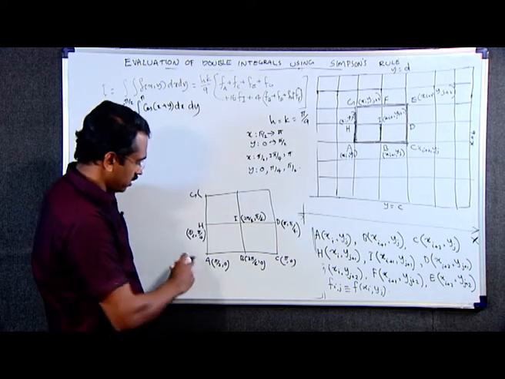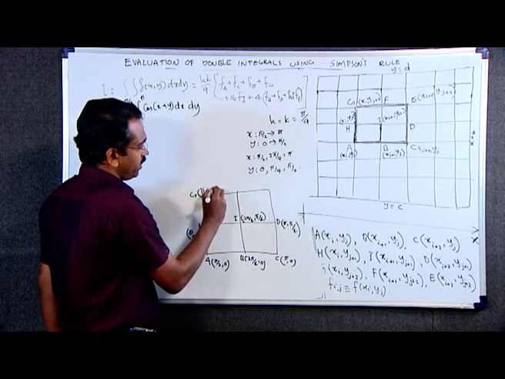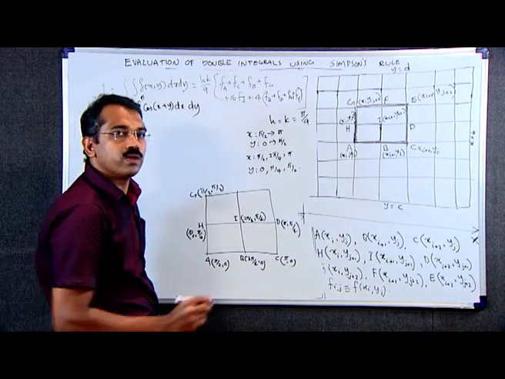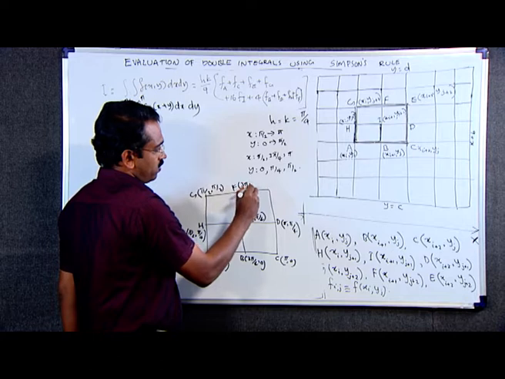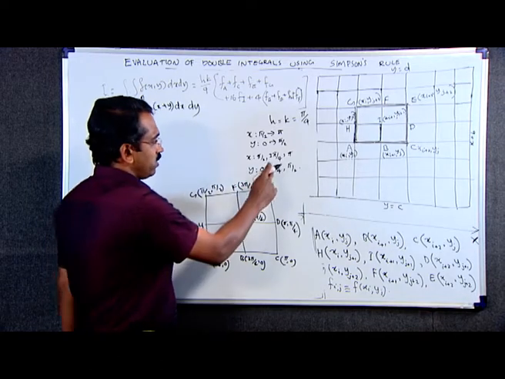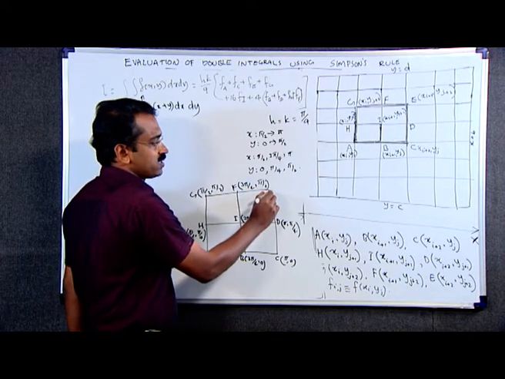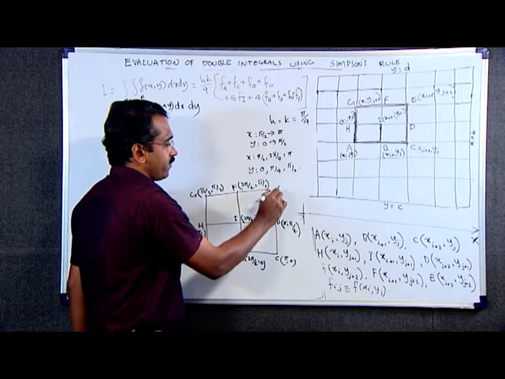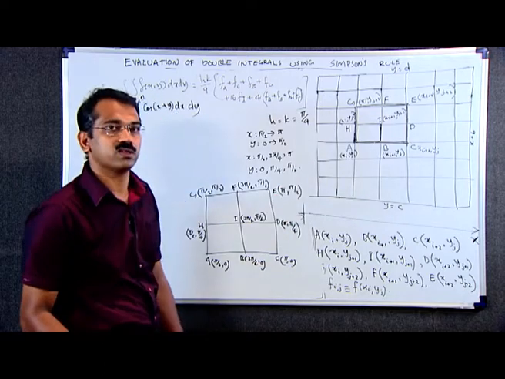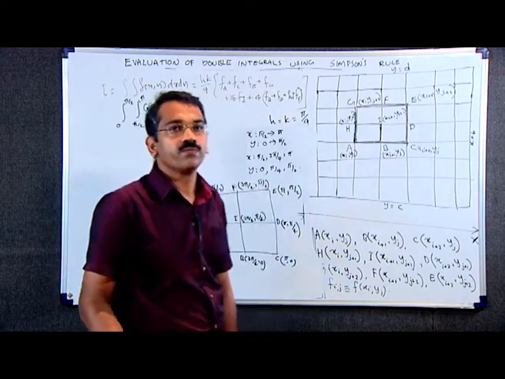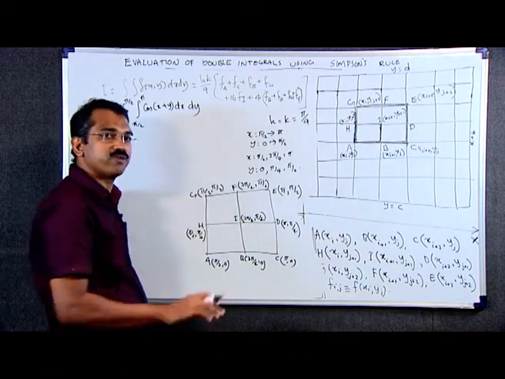G is the point where x coordinate is pi by 2 and y coordinate is pi by 2. F is the point where x coordinate is 3 pi by 4 and y is pi by 2. This is the point E, which is pi comma pi by 2. These are the corresponding points. Now, in order to apply Simpson's rule, we want to evaluate the function f of x y at all